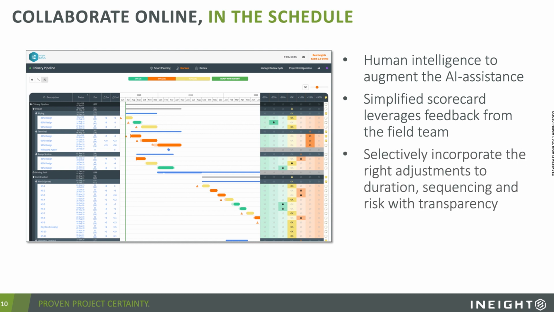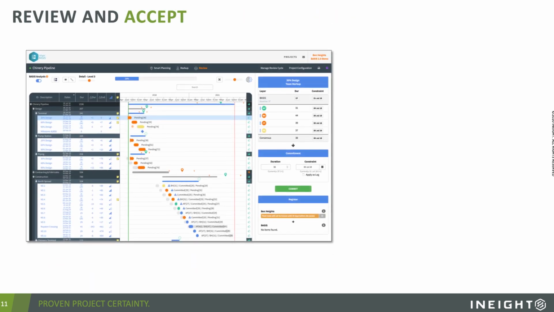Then you get to selectively incorporate the right adjustments, not only to duration, but to sequencing and to risk, with transparency on who said that and why they said that. Of course, with all these different suggestions, you've got to be able to look at those and review them quickly.